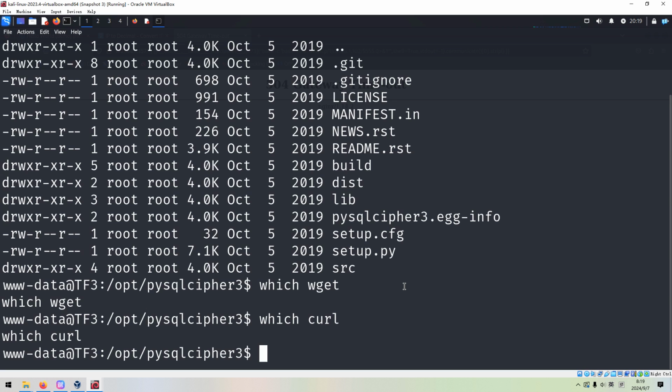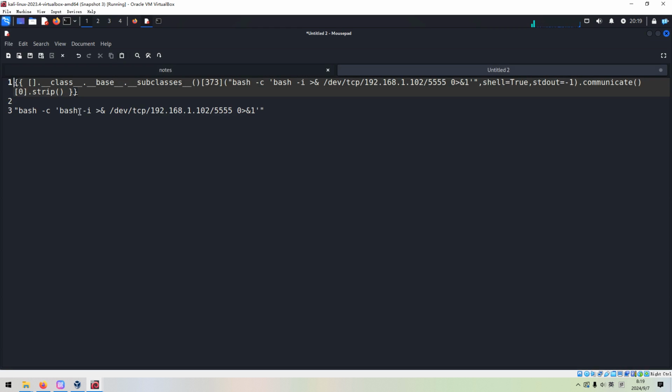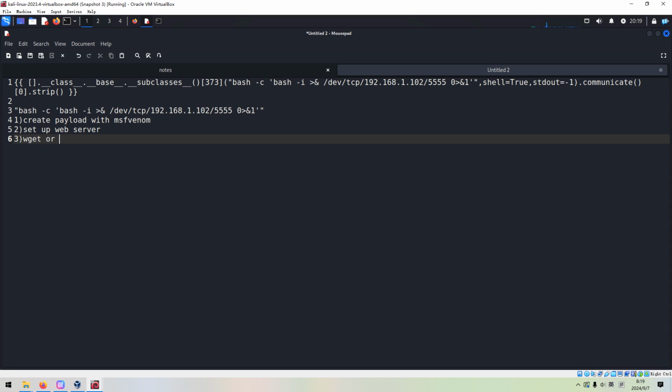The first one, we can create the payload, the Meterpreter payload with MSFVenom, okay? And then we can set up the web server on the Kali Linux or attacking machine. And then on the target, we can use wget or curl to upload this payload.